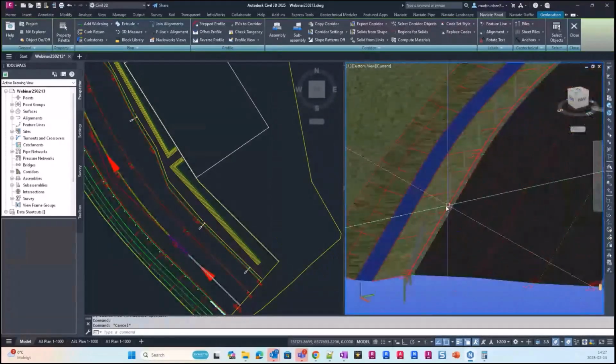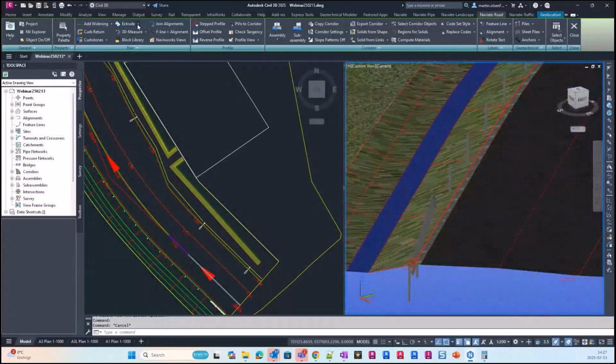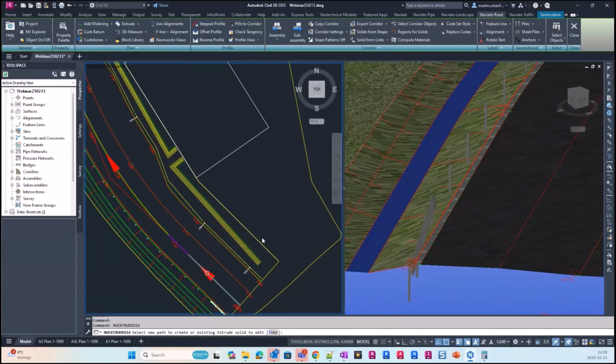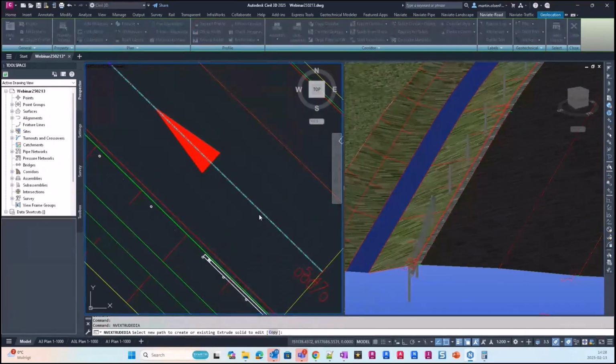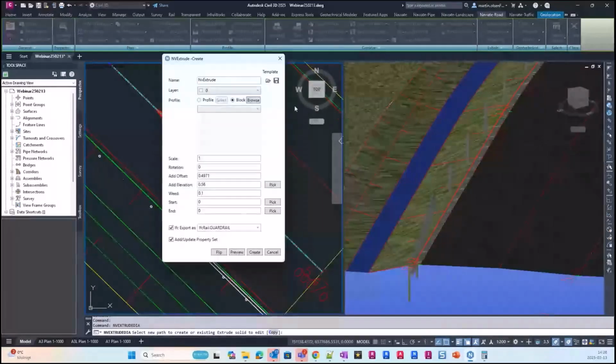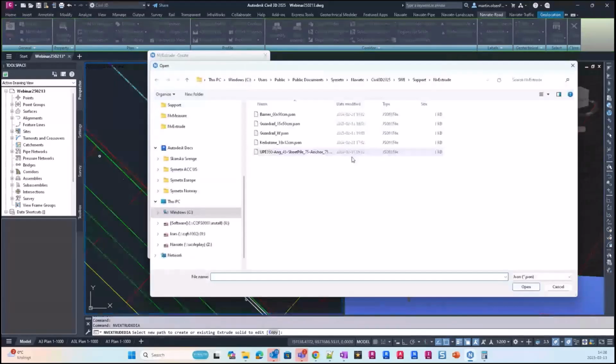So instead of using blocks, I will use Extrude, extrude along path for the rail. So I pick that one, and then I choose the line once again. And we have also added the ability to import and save templates for this function. So you can do your settings and then just save them, and then you can use them again. So now I have created this guardrail